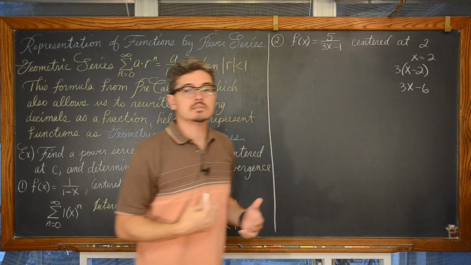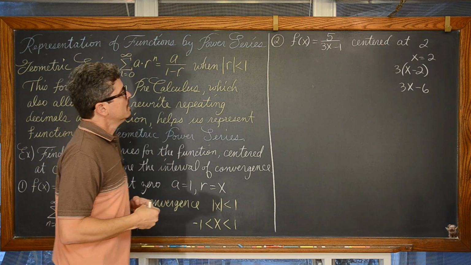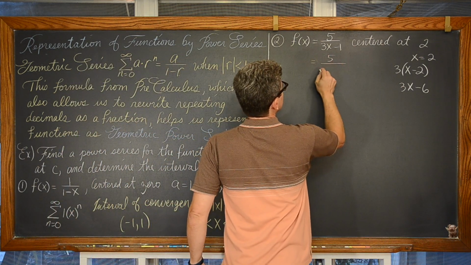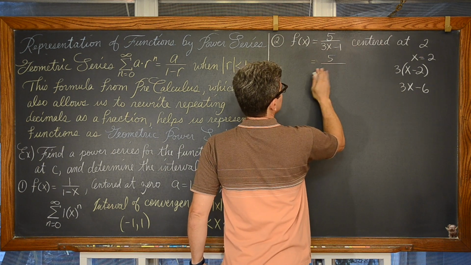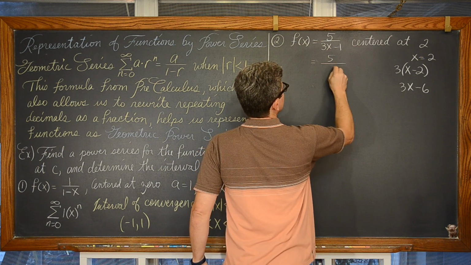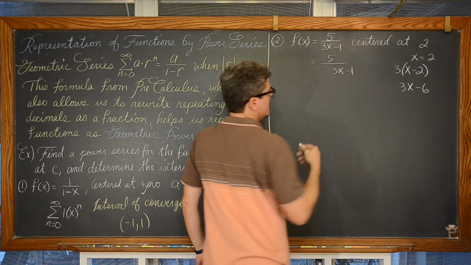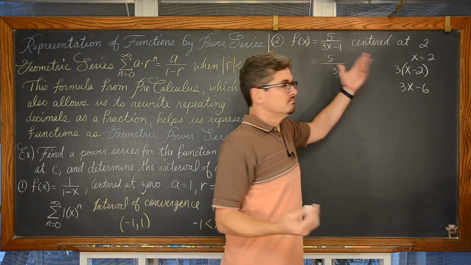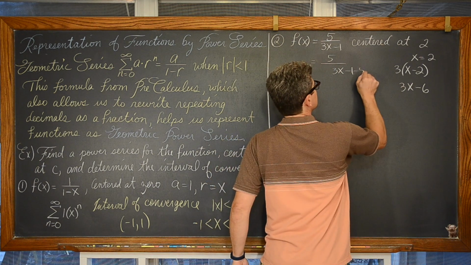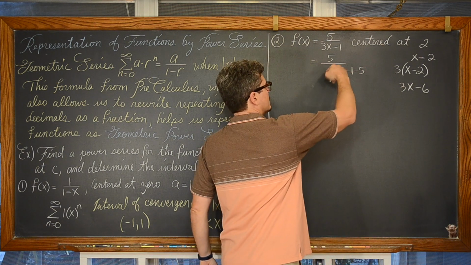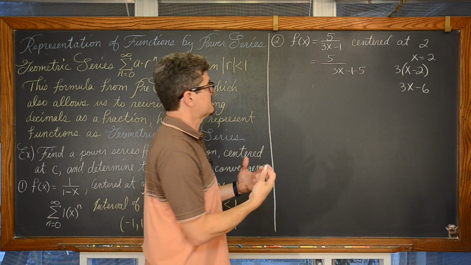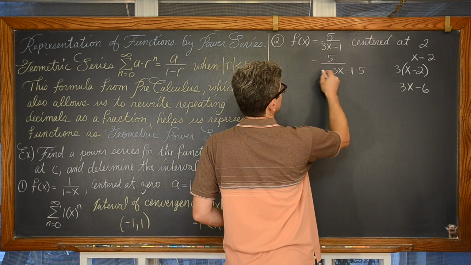We need a 3x minus 6 in the denominator. So we're going to do this. We're going to do 3x minus 1. If we just subtract 5 from -1, we'll have a -6. Well, if we're going to bring in a subtraction of 5 in the denominator, of course, I don't want to change the value of this fraction. We're going to need to balance that out. We're going to balance it out by adding 5.